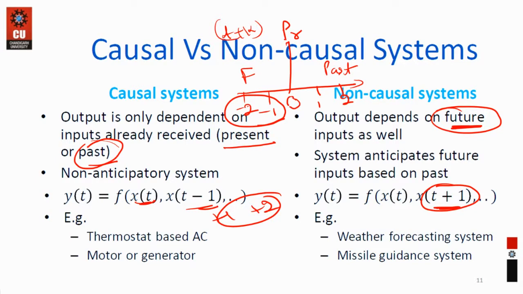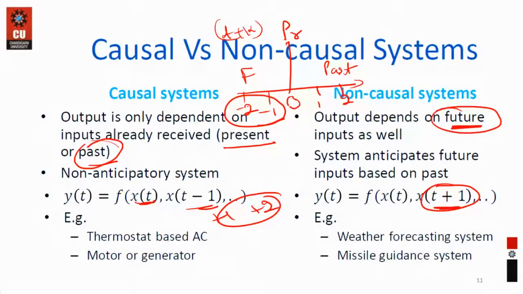So right now the live streaming is the best example of a causal system. You may see the past by going to the recorded video. You can see the present video right now, but what I am going to speak at 10:40, even you don't know or even I don't know, because it totally depends upon the next time. What I am going to speak at 35. If I am able to cover my topic at 35, then I will go to the next topic at 10:40. So predicting the future is a very difficult task.